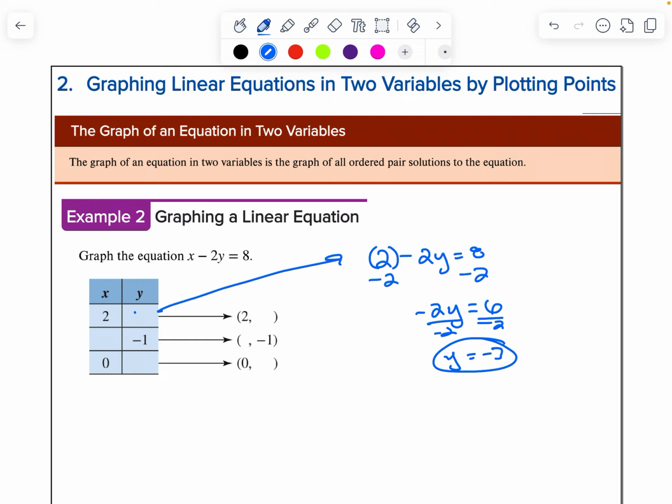Here's one for you to try. Pause the video and see if you can figure out these values. These are the values that I got. I got 5, 3.75,